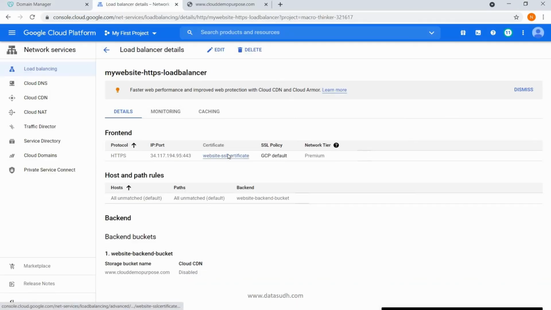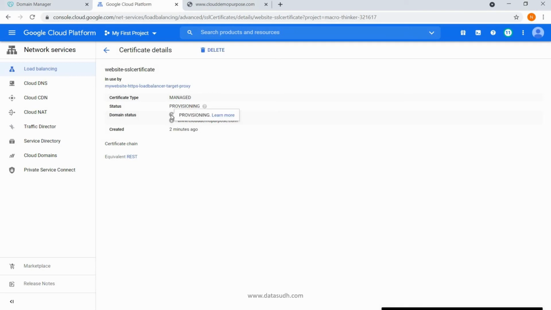Now if you go to SSL certificate and I check the status, I see the status as provisioning for both my root domain and main domain. This is because Google is currently provisioning this with the load balancing and applying those settings which we have just created. This process takes some time, and till the time you don't see two green ticks here, that is, these are provisioned, we will not be able to run our website with HTTPS. As per Google documentation, this process can take up to 90 minutes as well, to make the site available with the load balancer. So what we can do is, we can monitor the status after a few minutes.